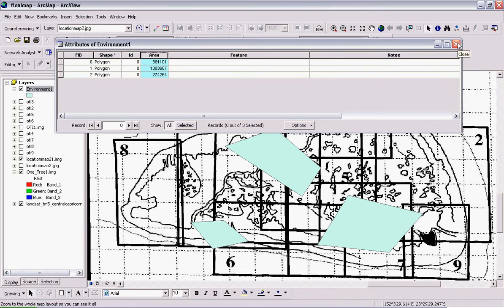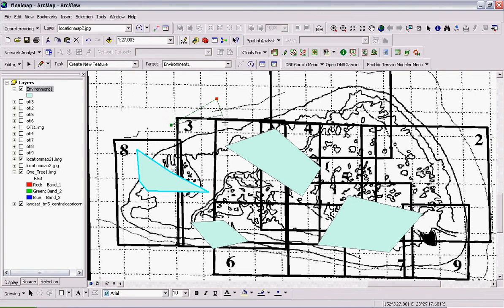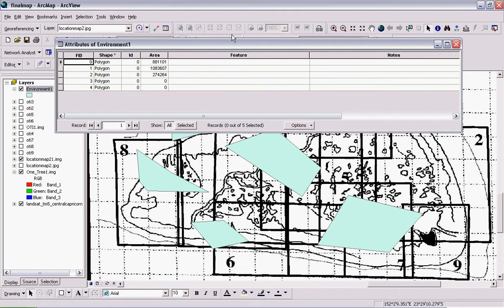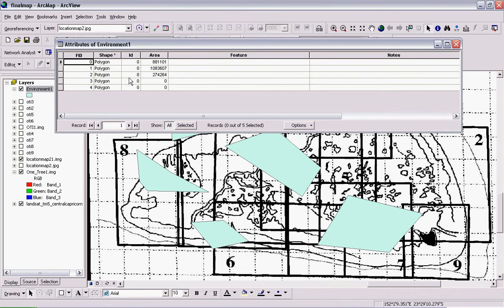So if we close, and say you want to re-edit, I start editing and draw little sand areas, then save edits and stop editing. Now I need to name the features. You can see I've got 5 features here, but 2 of them are sand, so I'll need to